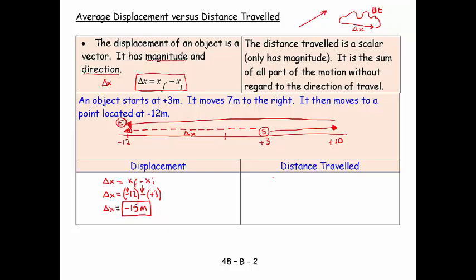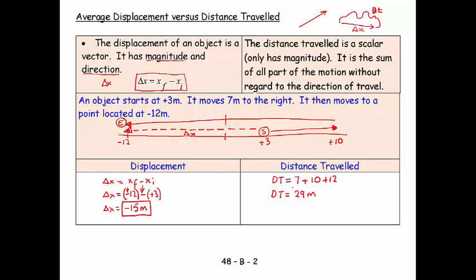Distance traveled is actually a little bit harder to figure out. Again, I'm going to look at my diagram. In the first part of my journey, I went from 3 to 10, which is 7 meters long. And then I went from plus 10 to minus 12. Let's break this up into 2 bits. I went from plus 10 to the origin, which is 10 units long, and I went from the origin to minus 12, which is 12 units long. So my distance traveled is 12 and 7 makes 19,